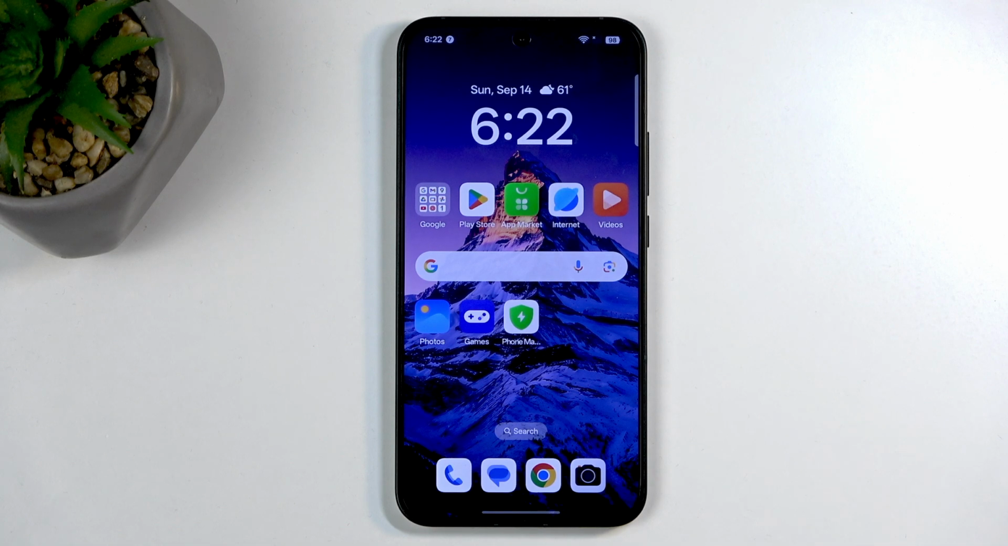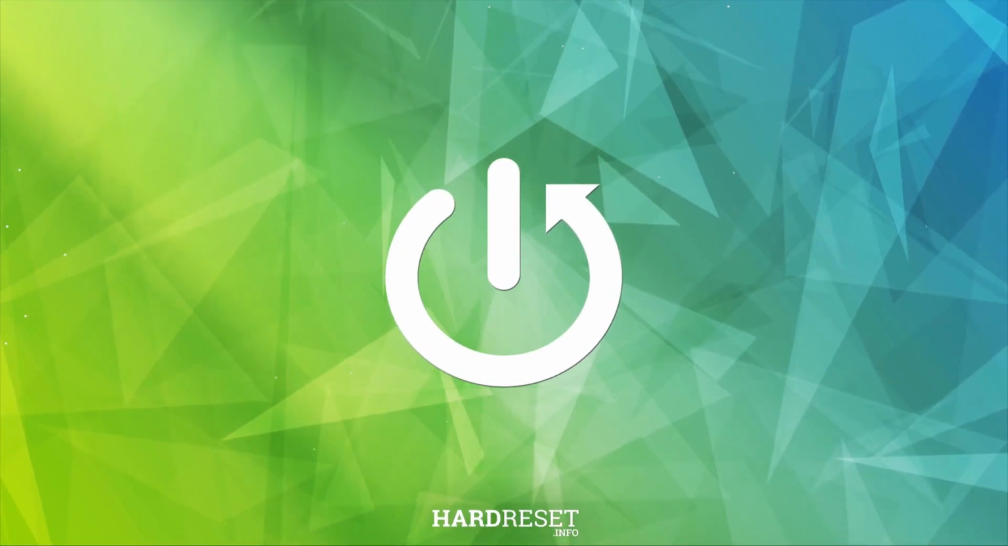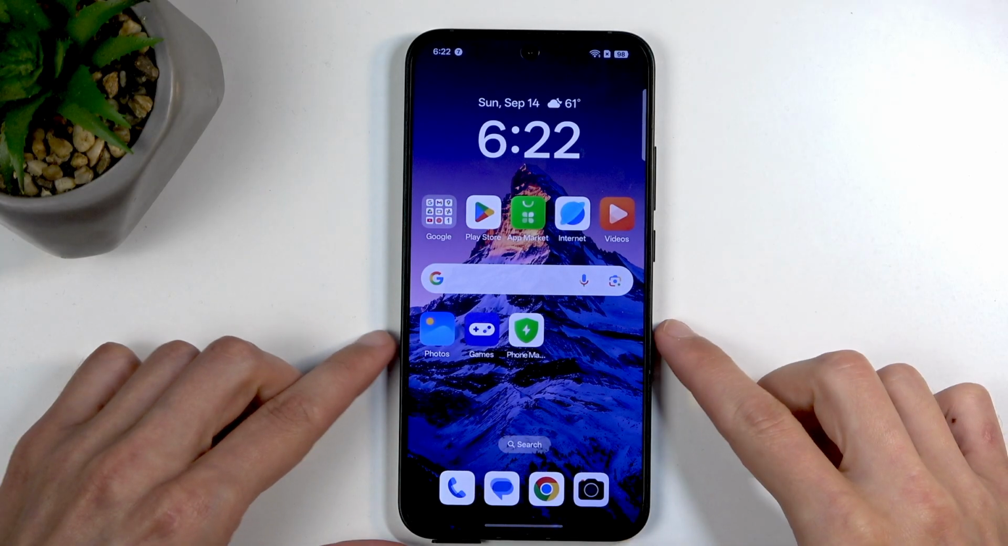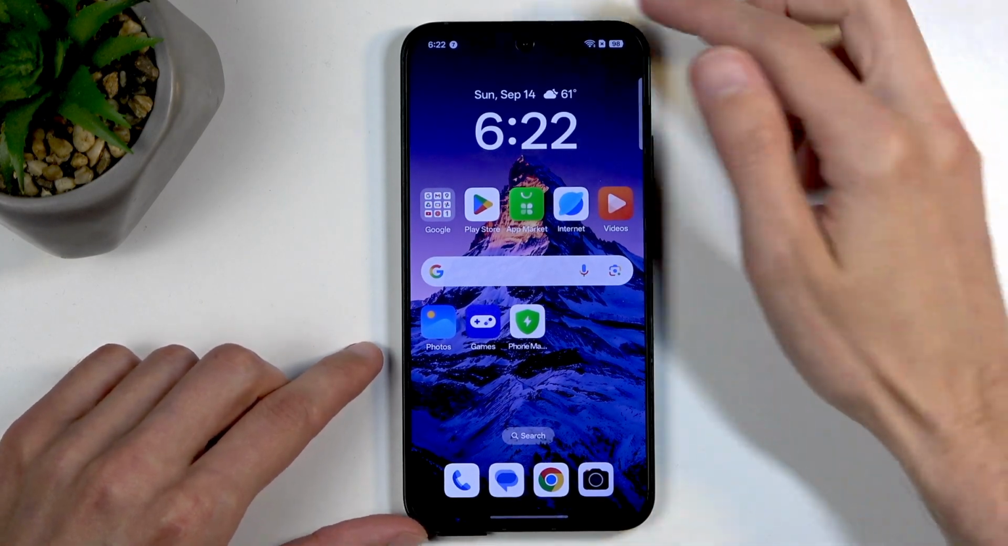Welcome, in front of me is an OPPO Reno 14 and today I will show you how you can hard reset this device through settings. So, to get started, we will navigate into our settings,